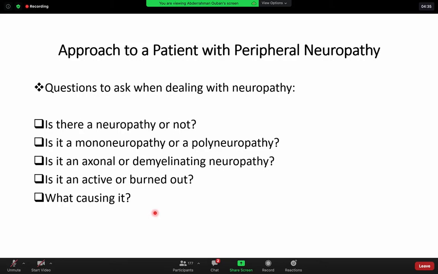Is it axonal or demyelinating neuropathy? Is it active or is it burned out? And what's causing it? Now, the first four questions are actually the easy part